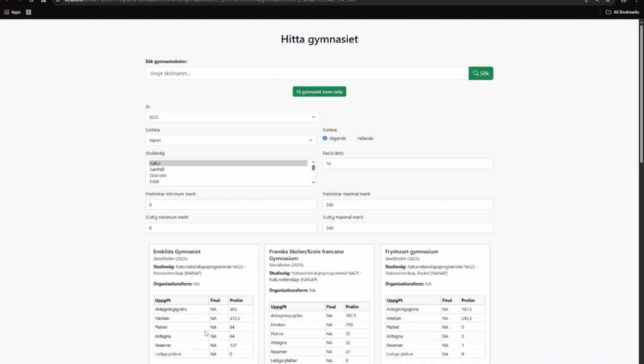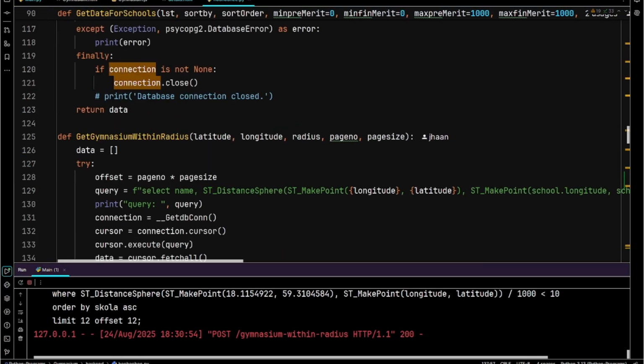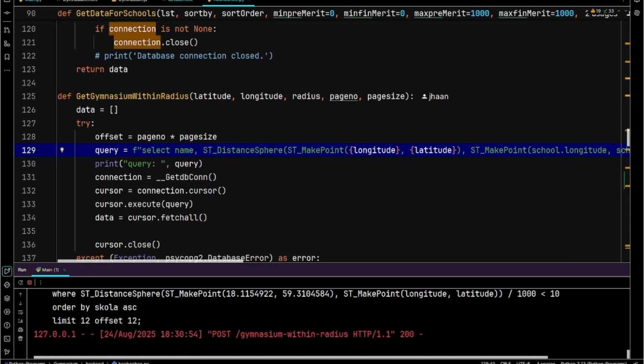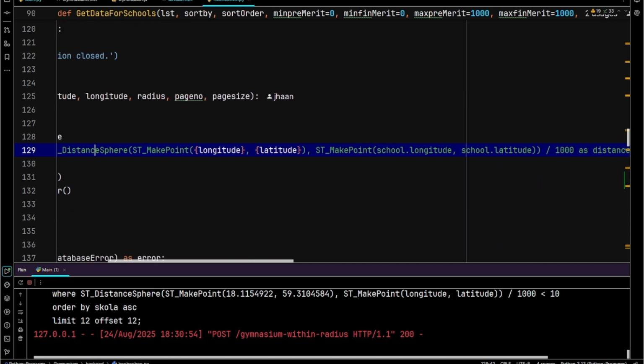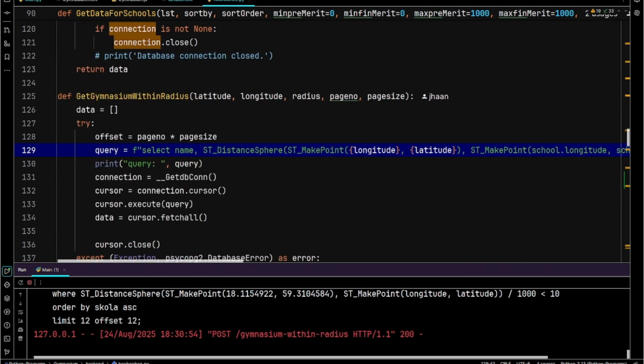So in order to do this, we need to use this function over here. This is a PostGIS query, and we need to use ST_DistanceSphere here, so we get the point, longitude and latitude, and then we see how far it is from the school's longitude and latitude and get it in kilometers. To use this ST_DistanceSphere function, you need to use the PostGIS extension,